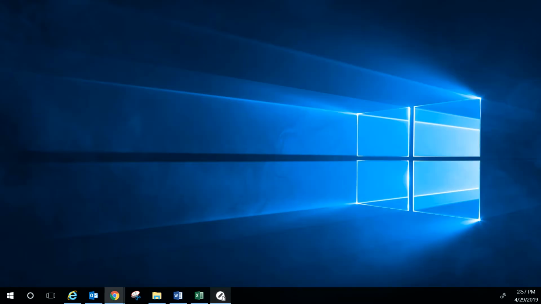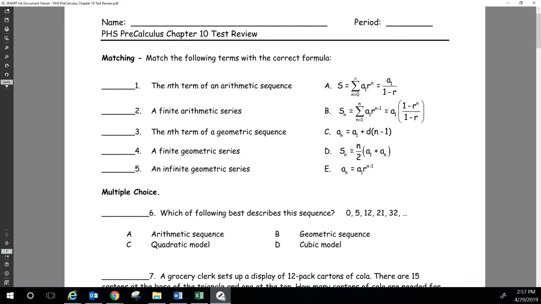All right, so when I'm looking at these, notice some of them are S's, and then some of them are A's. The A's are the ones that tell you the nth term of a sequence. This is how we build our sequence, the nth term of a sequence. The one that's got the D in it, you know that's a common difference, so that goes with arithmetic. So this is the nth term of an arithmetic sequence. The one that's got an R in it for your common ratio, that's the nth term of a geometric sequence,